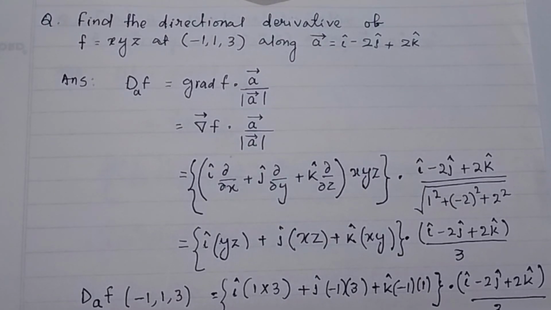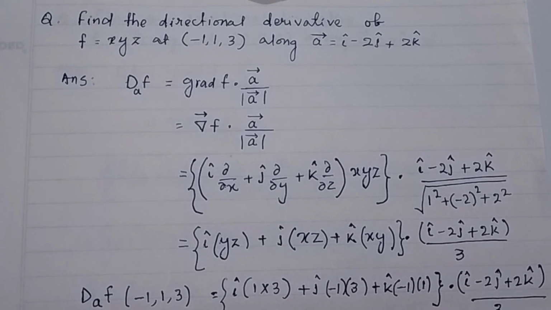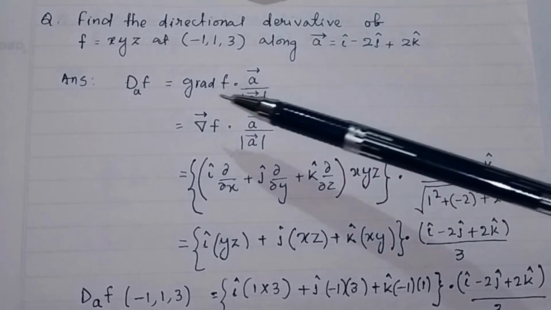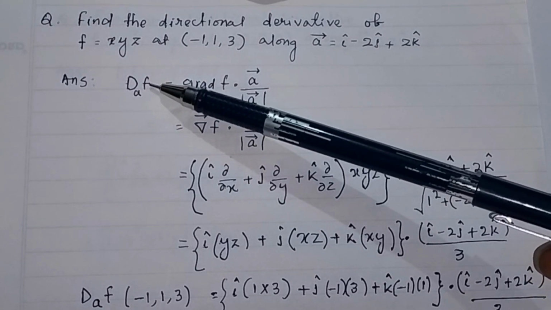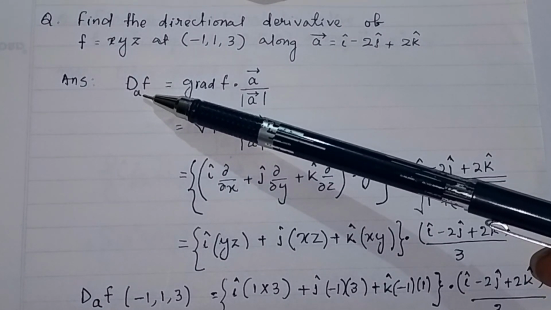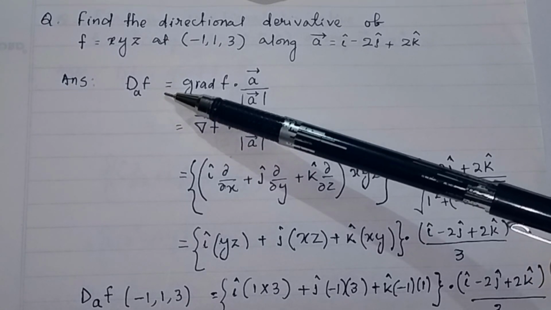Find the directional derivative of the scalar function f at (-1, 1, 3) along the vector a equal to i cap minus 2j cap plus 2k cap. We know the directional derivative of a scalar function f along the vector a is equal to